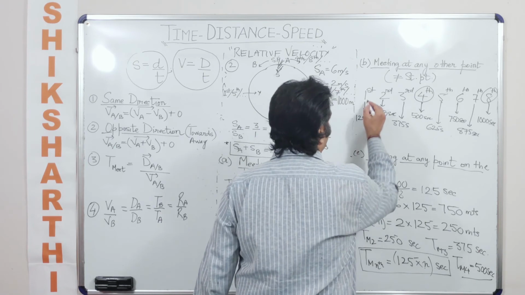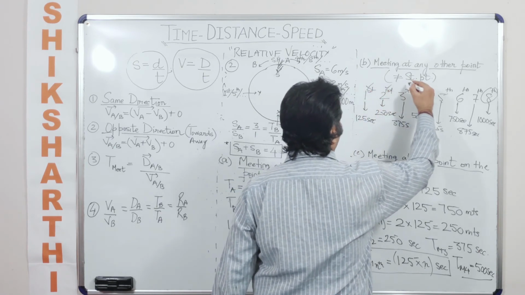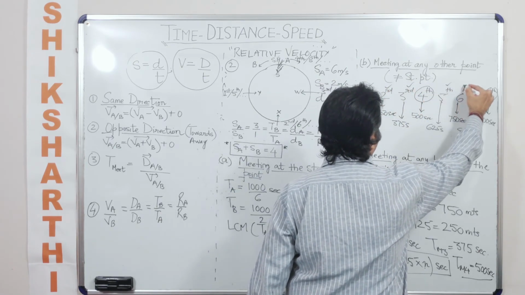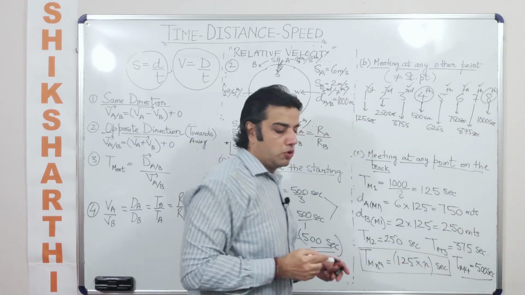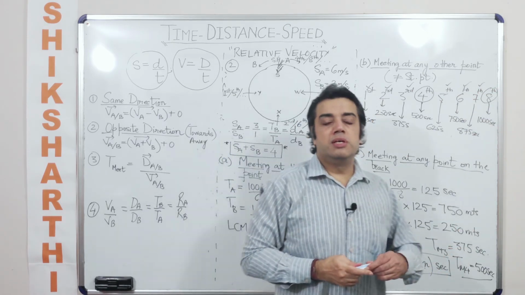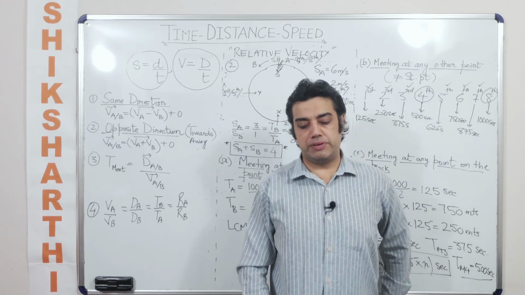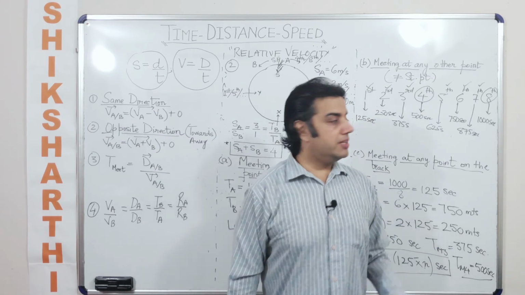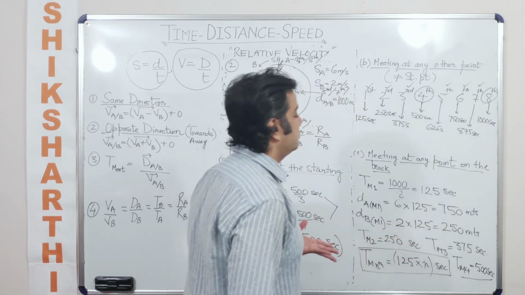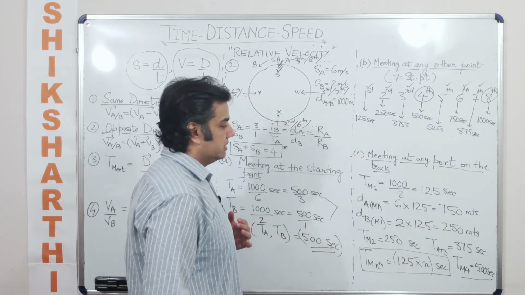And all other points, so if I talk about first, second, third, fifth, sixth, seventh, all of these would be all those points wherein these people would be meeting each other other than the starting point, which will not be multiples of 500. And then you can always calculate the number of rounds that they would have taken in those many seconds.